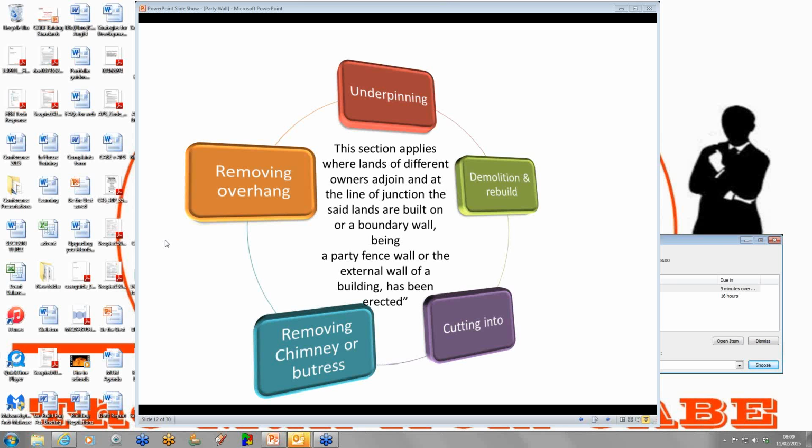Ordinarily the cost of the work will, under the award, rest with the person carrying out the work, but if it can be shown that obviously a lack of maintenance has contributed to the costs, then that may well be apportioned under the award. And I think there's one question sitting there about the typical cost of a party wall surveyor, and I think we'll touch on that when we get to the process later on,